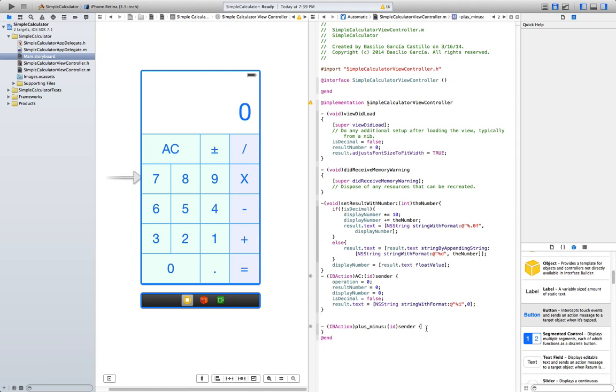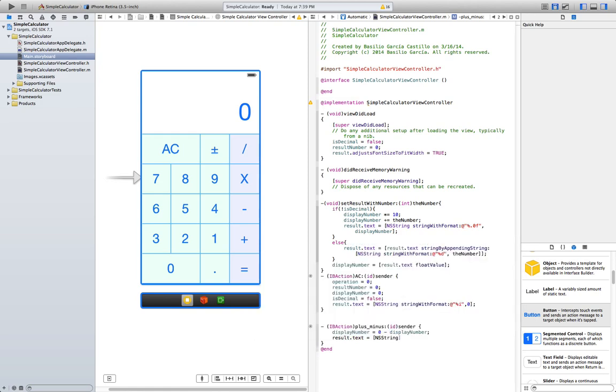Now the plus minus. Display number is gonna be equal to 0 minus display number. This is a way to change the sign, and result.text is gonna be equal to it.